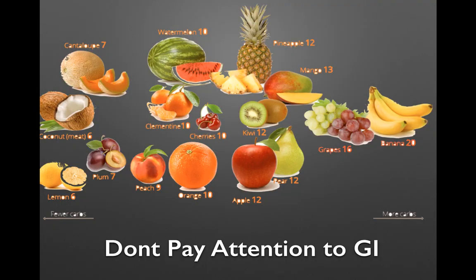Don't pay attention to GI, glycemic index or glycemic load. It's been advertised for years to be one of the good or bad things about carbohydrates. This gives you an idea of what those are. But again, GI can change based on so many things: if you cook the food or not, the type of food you eat, the stress that you're having, the absorption, or the speed at which you're eating the fruit. It can change. The amount that you're introducing will create a different glycemic load. So this really is not important.